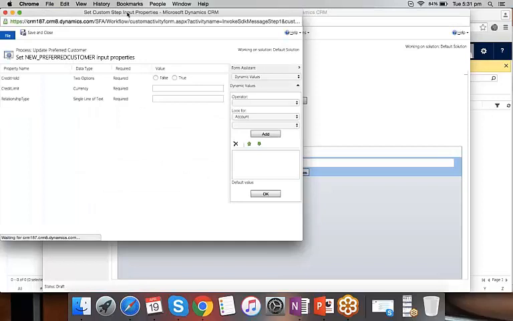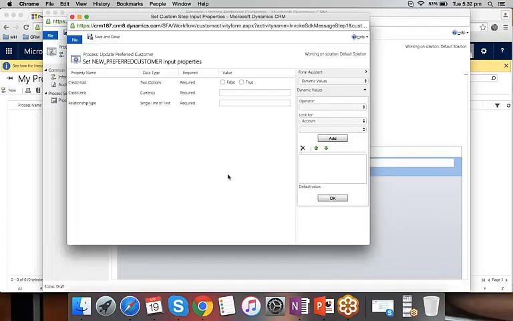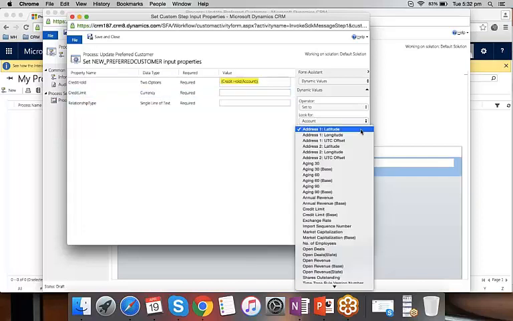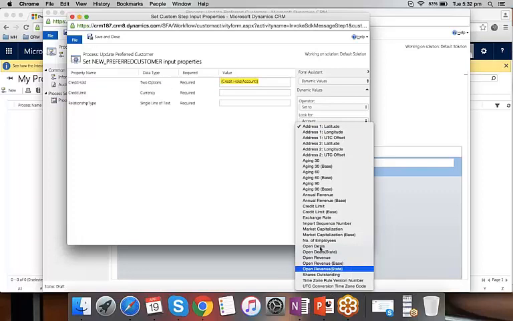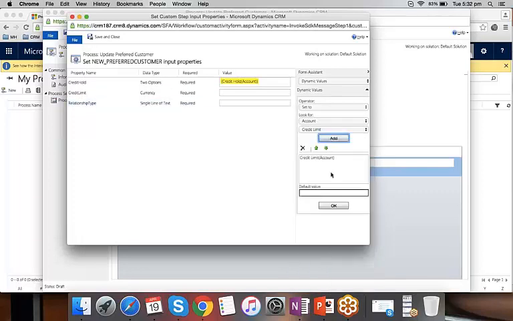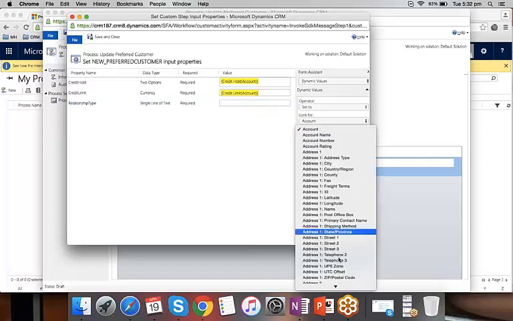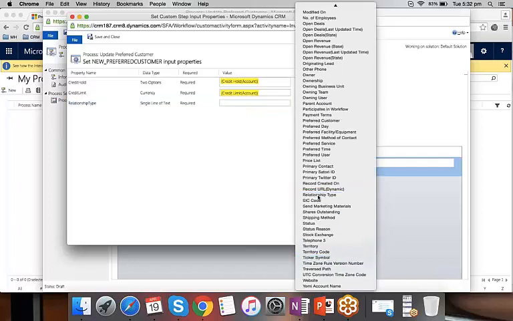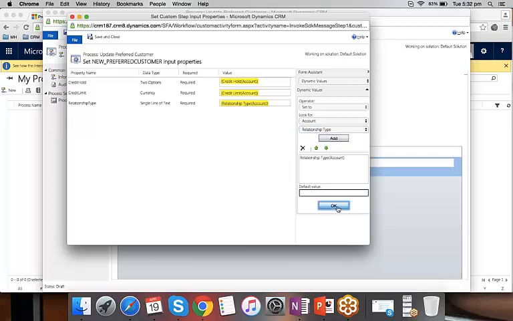And go on our set properties. Now here's where we'll go ahead and map the arguments that we have defined to the fields in the entity. So the credit hold, next the credit limit, let's map it to the credit limit in the account. And finally we have the relationship type. Now once that's defined,